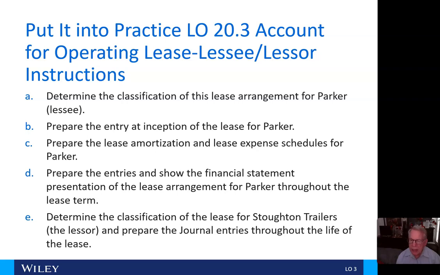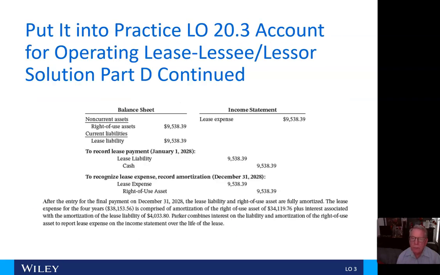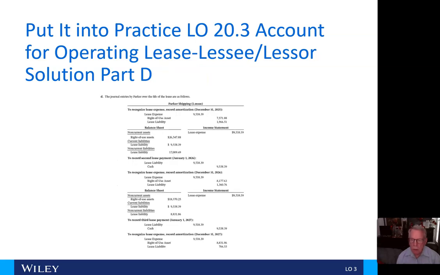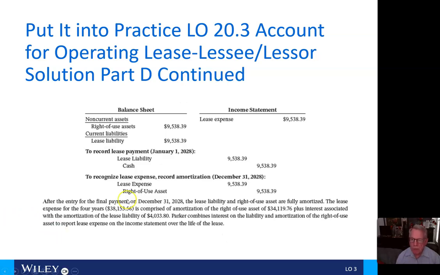Okay, and then finally, Echo, we're going to determine the classification of the lease for Stroughton Trailers, the lessor, and prepare the journal entries throughout the life of the lease. So for Echo, I forgot a portion of the Delta entry here. Here, we continue with part Delta continued, and here's our right-of-use assets, the current liabilities here, and then the lease